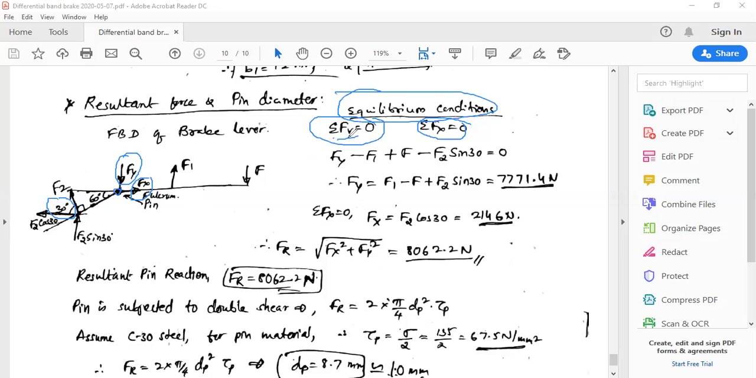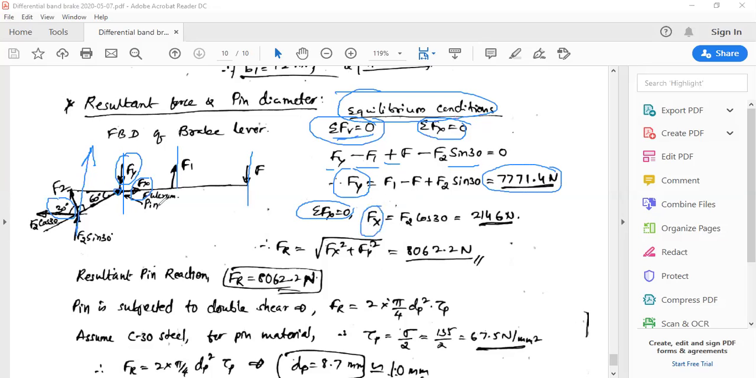If I take the first condition, summation of vertical forces equated to 0, how many vertical forces are here? One vertical force is Fy, another one is F, another one is F1, another one is F2 sin 30. So totally 4 components are there. So Fy is downward, positive, minus F1 upward, plus F is also acting downward, so plus F, minus F2 into sin 30 acting upward. So if you solve this, Fy value is 7771 newtons,